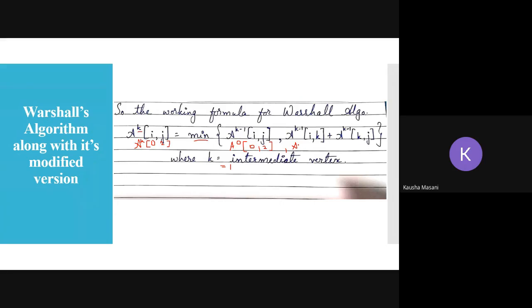A of 0 to 1, क्योंकि 1 मेरा इंटरमीडिएट वर्टेक्स है, वाया वर्टेक्स है, प्लस A of 1 to 2, जो भी इन दोनों में मिनिमम वैल्यू है वो मैं अपने A of 1 की मैट्रिक्स में प्लेस कर रही थी।